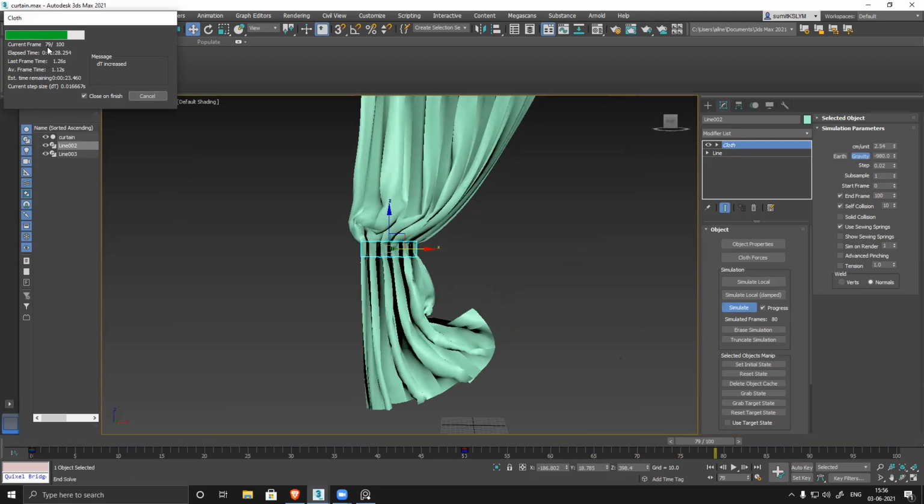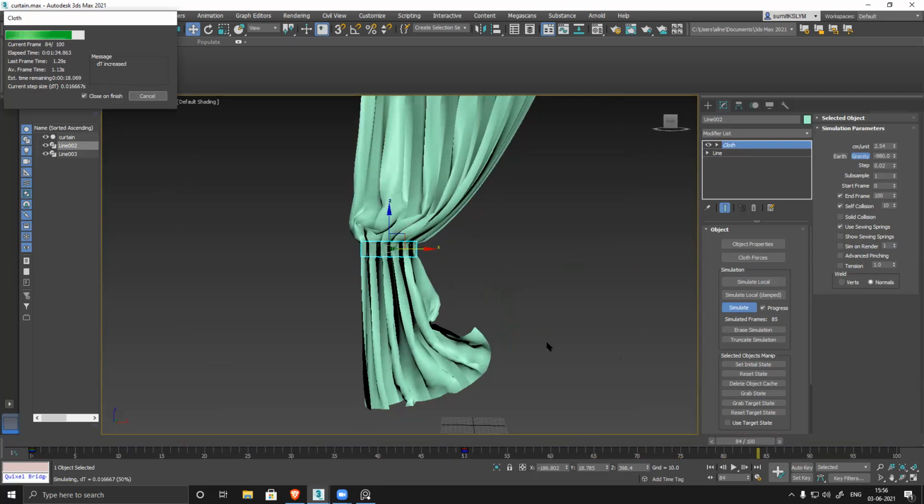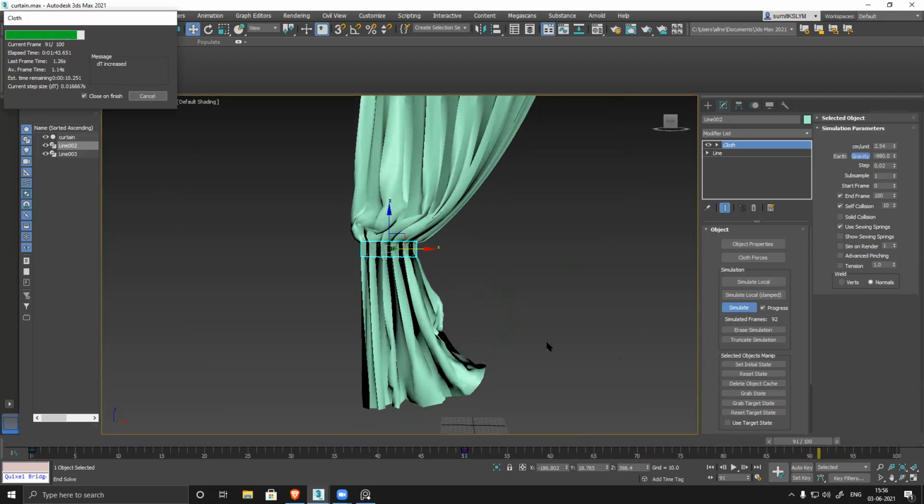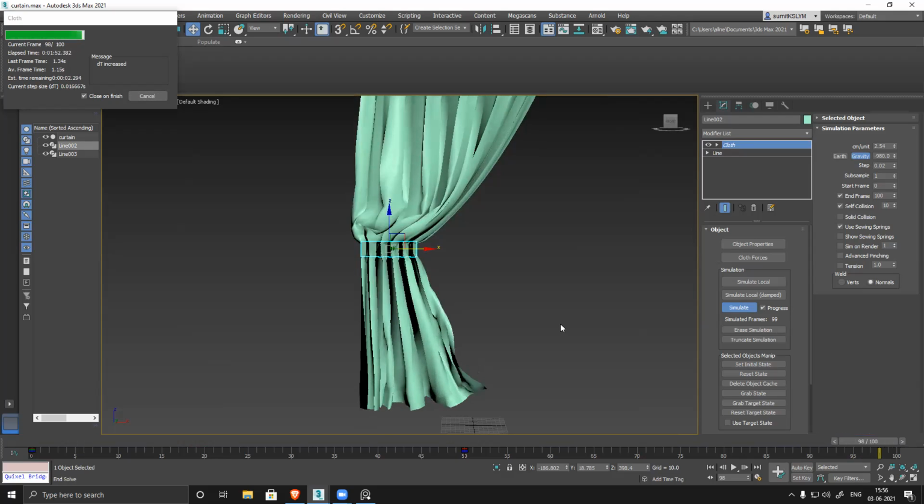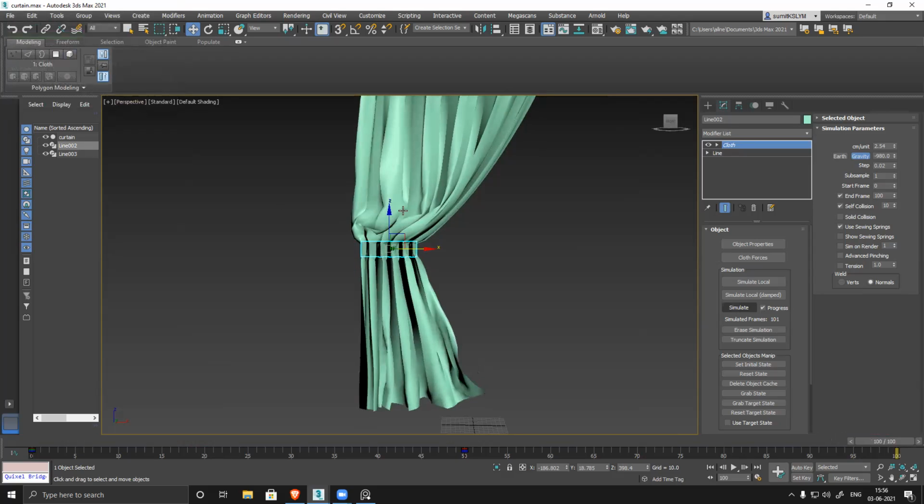So you see, if you have enough number of frames, it will slowly come down and create this shape. So it's 100 frames, but still a little more to go.